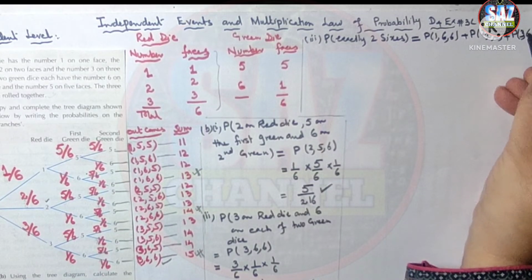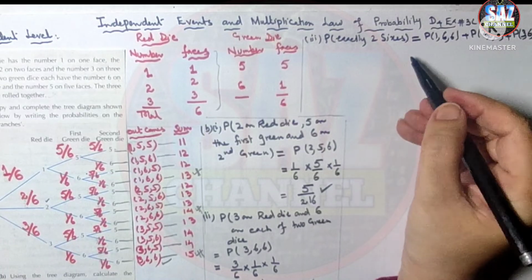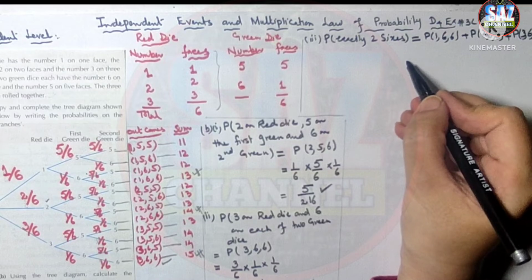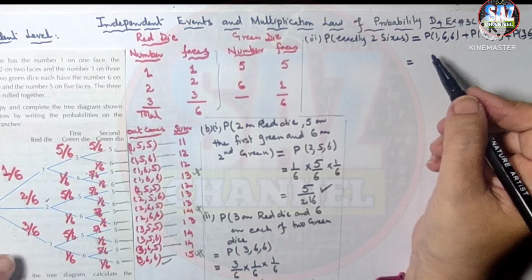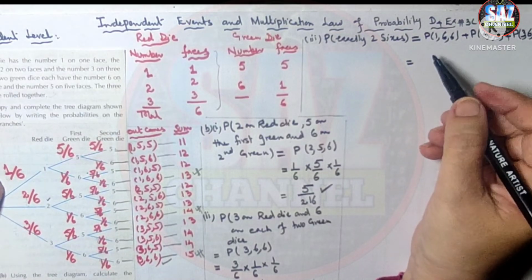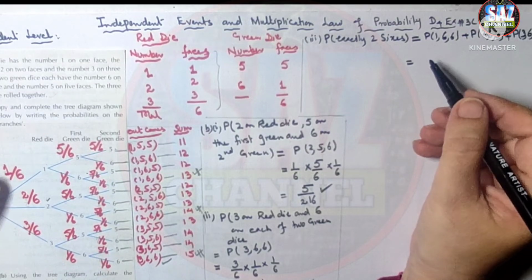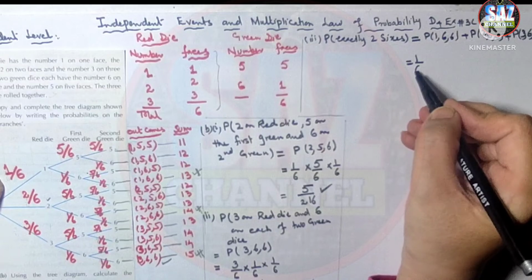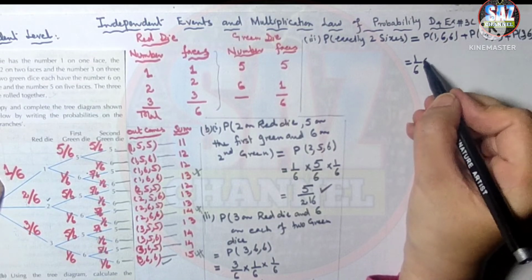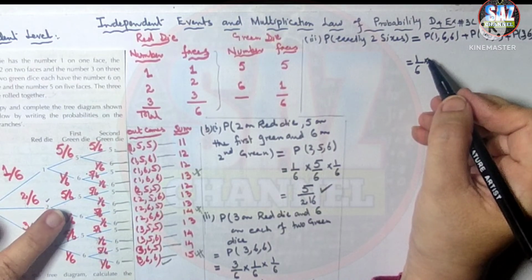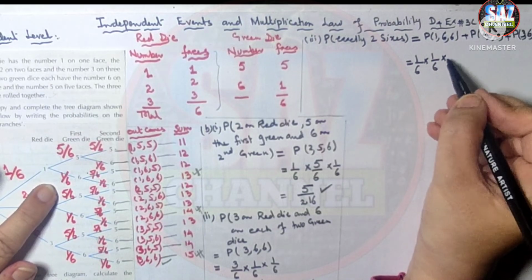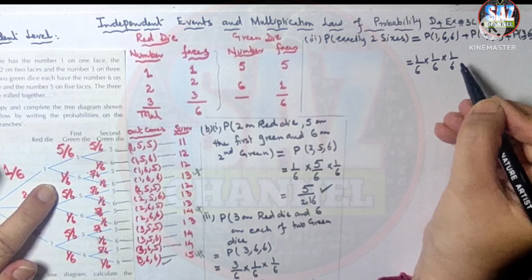Keeping in mind that we are not supposed to change the order of these numbers, because 1 has to be picked up from the red dice. 1 by 6 multiplied by 6 on the first green, 1 by 6, and 6 on the second green, 1 by 6,